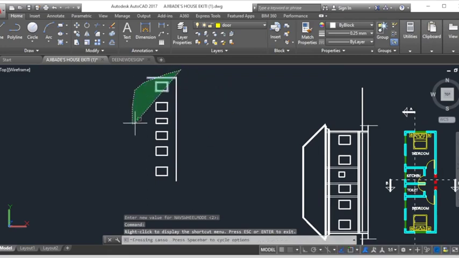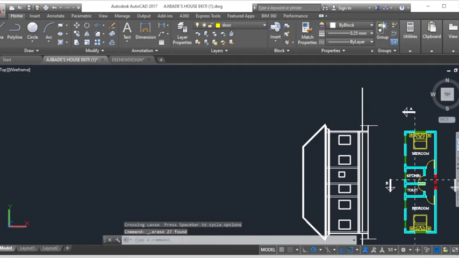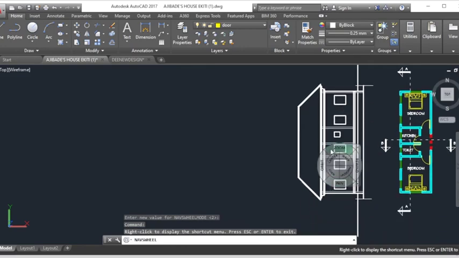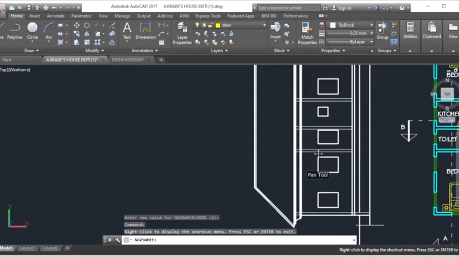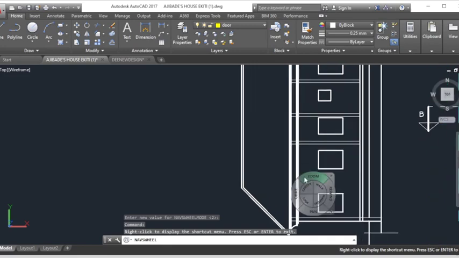So now after that is being done, what we need to focus on is our roof. So we need to focus on our roof detail now. The section is not something that takes time. It's not something that takes time. So now for this area, for the roof area